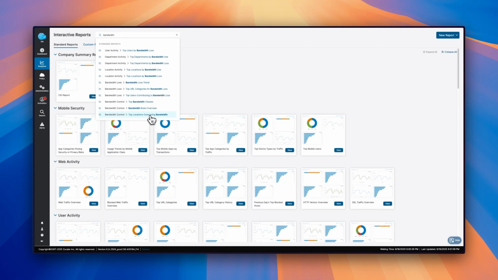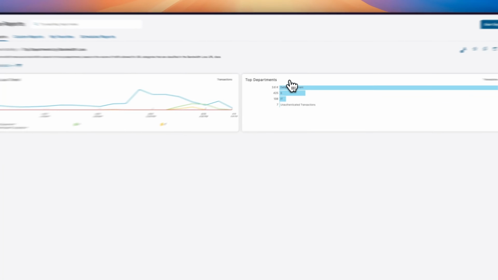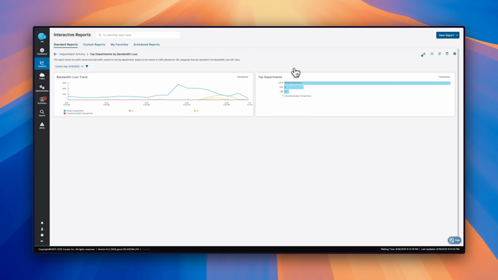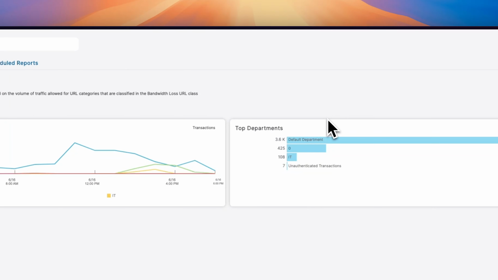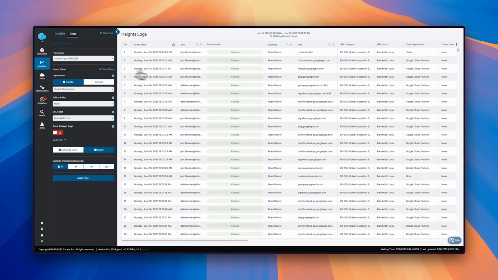In my opinion, it's often useful to look at top departments by bandwidth loss. You'll be able to tell, if you have your Entra ID or other IDP department attribute synced, which ones are experiencing the most bandwidth loss across which bandwidth classes, and this will help you tailor your future policy. If you want to dive deeper into a particular department, you can just click here, then click View Logs, and it'll take you directly into the Web Insights, where you can see specific destinations that are being tagged as this